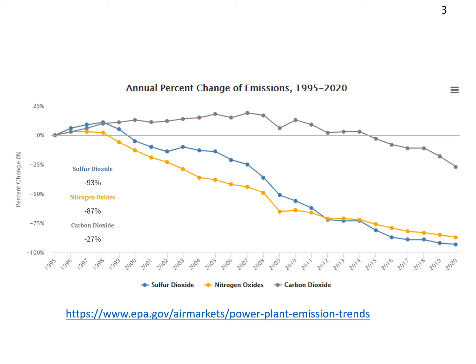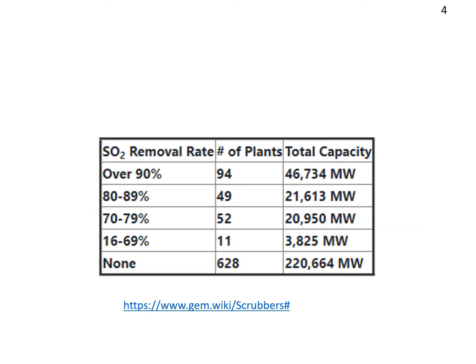You can probably see that the phase-in wasn't immediate, but we've been slowly decreasing this type of emission over time. This graph from the EPA paints a pretty rosy picture, around 90% reduction of emissions from the 1995 levels. So the problems with coal fire emissions are solved, right? The problem is that 7% of a very large number is still a very large number.